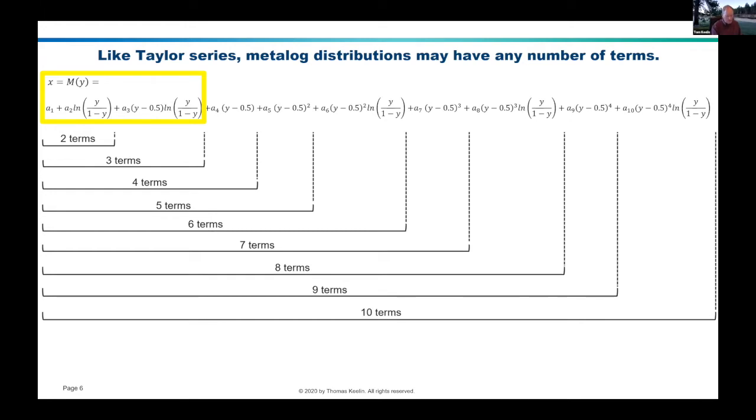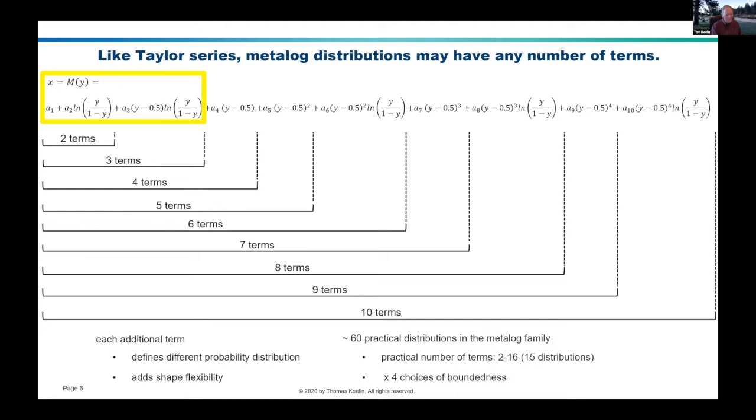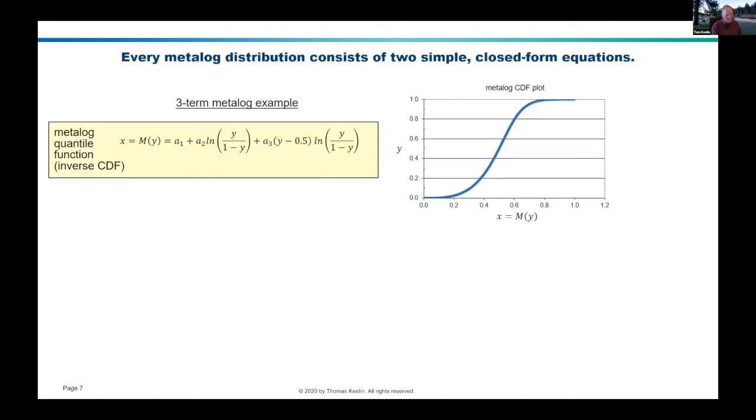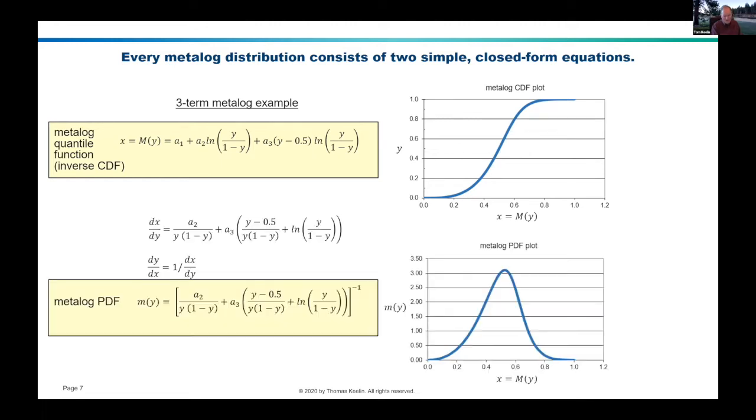Now, let's talk about the 3-term Metalog. I mentioned this last time, but just as a refresher, the 3-term Metalog has that basic equation as a quantile function. That's x as a function of y. And if you differentiate that, that is basically the CDF expressed in quantile function form. But also if you differentiate it, dx/dy, and then take the reciprocal of that, you have the PDF in